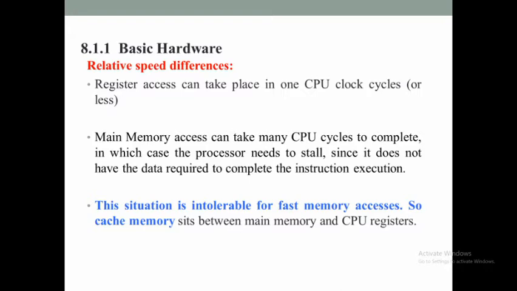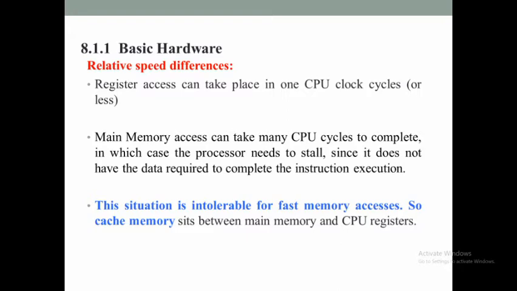But there is only limited content which can be stored in a register. And as far as the main memory is concerned, it's going to take many CPU clock cycles for the CPU to access the contents of the main memory. Why? Because every time the main memory has to be accessed, it has to be accessed with the help of a transaction on the memory bus.